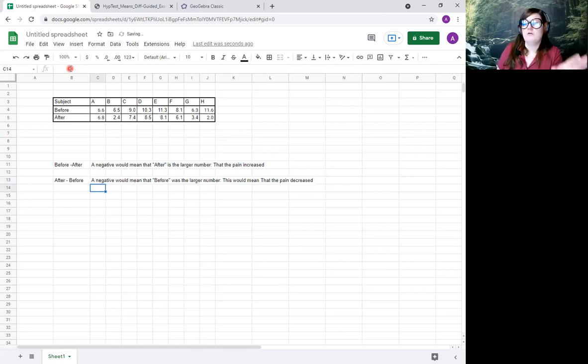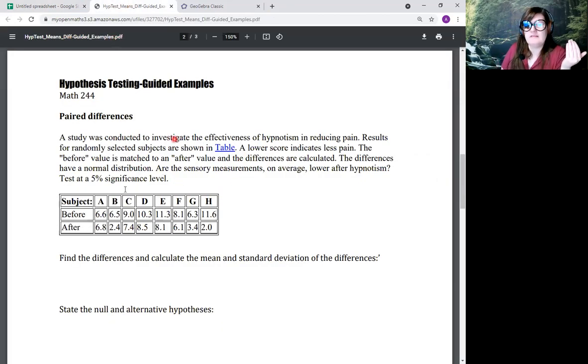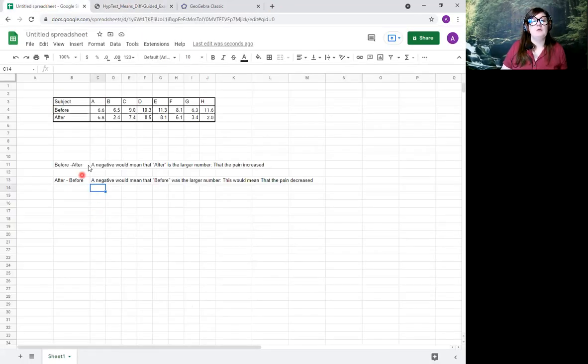Now, notice that they're saying the same thing, right? It doesn't really matter. Just, do you want a negative to showcase pain increase, or do you want a negative to showcase pain decrease? It's really up to you. If you go back and you reread this, it did not tell you which way to do it. And so you have to make a decision here. Personally, I think that we're looking for a decrease in pain, that's supposed to be a nice positive thing. And so I would like to associate that with the positive number. So a pain increase is something that we don't want to have. So for me, I'm going to write